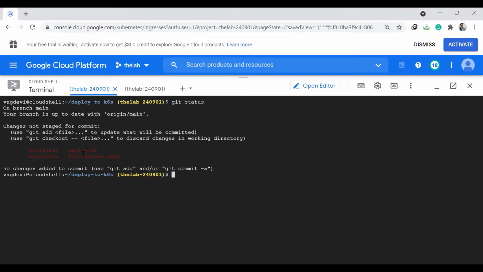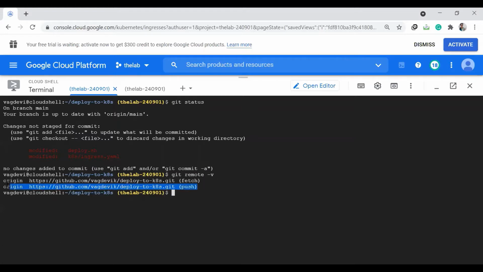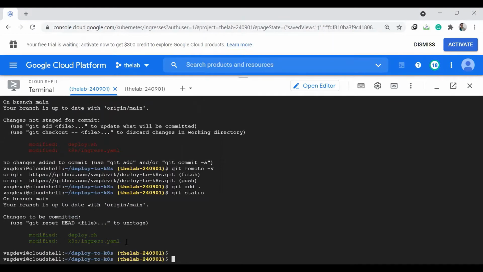It shows that these two are modified. Now let us also see git remote -v in order to make sure of the repository which we are going to push to. Then git add dot, which adds all the changes to this current folder. Again, see git status to make sure these are being tracked, right?